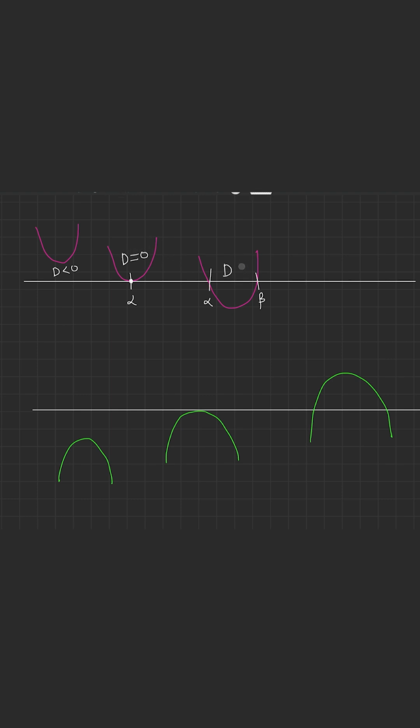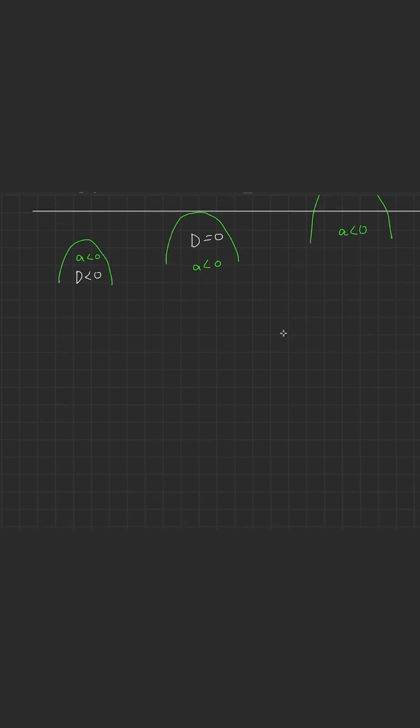Sorry, d is greater than 0 over here strictly, because you have two roots. So in this case d is less than 0, here d is equal to 0, here d is greater than 0. Here a is greater than 0 in all three, and here a is less than 0 in all three. Okay, so notice this thing. This will come very handy when you solve any kind of questions related to quadratic equations. So this was nature of roots. I hope this is clear. Now we'll move